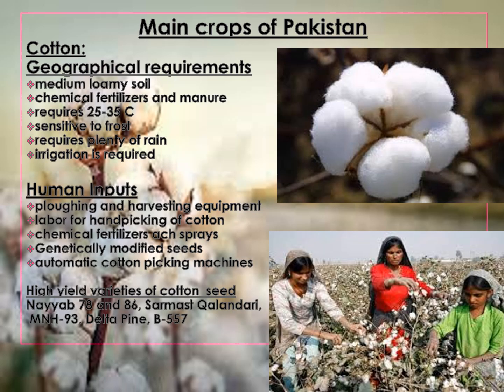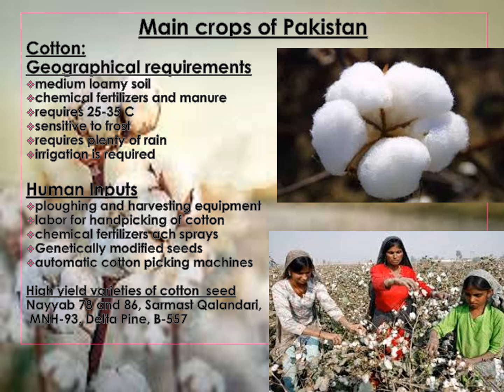If we talk about the geographical requirements, medium or loamy soil is required. Chemical fertilizers and manure are the ultimate requirement for the cotton crop. It requires 25 to 35 Celsius degrees. It is very sensitive to frost and requires plenty of rain, about 1000 millimeters, frequent showers with sunny intervals. Irrigation is required in the case of less rainfall. And if we talk about the human inputs, ploughing and harvesting equipment, and labor for hand picking of cotton, usually women,